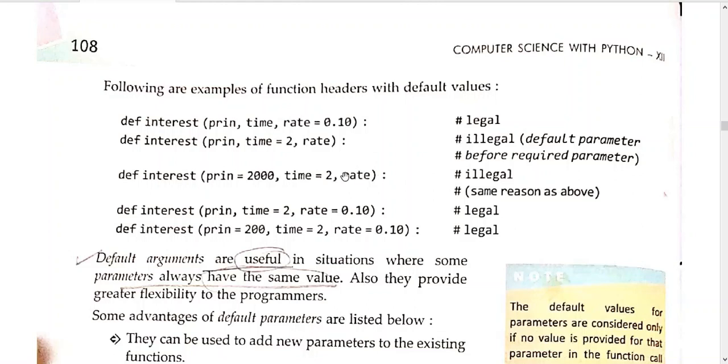So whatever parameters are left on the right must have the default value, then the variables on the left will be allowed to have the default parameter. If rate has been given and time is also given, then it's valid. If you are giving it to rate and time and then to principal, that is also legal. So you just have to keep this concept in your mind. If you are trying to assign a default parameter to any parameter, then it is not acceptable if the variable on its right side does not have any default value.